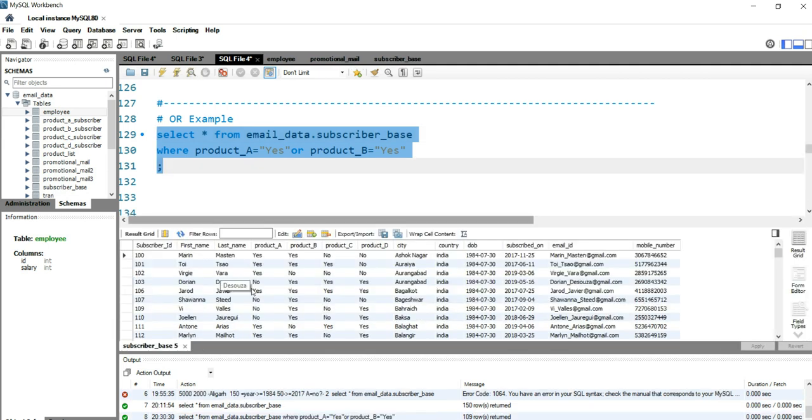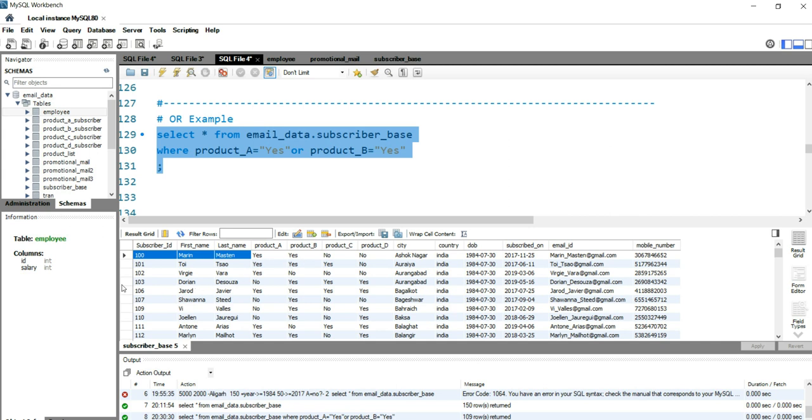Okay, so the first row that comes as our result set is Marian. He has product A and product B, so the condition is fulfilled. Either of these two columns, product A or product B, should be yes. The first condition for product A is yes, so this one is returned. The SQL query will not check the product B column.